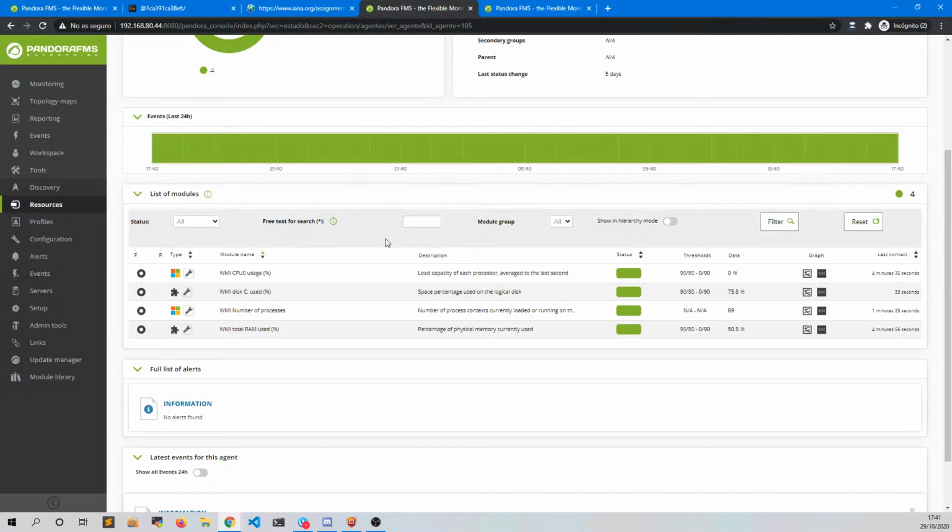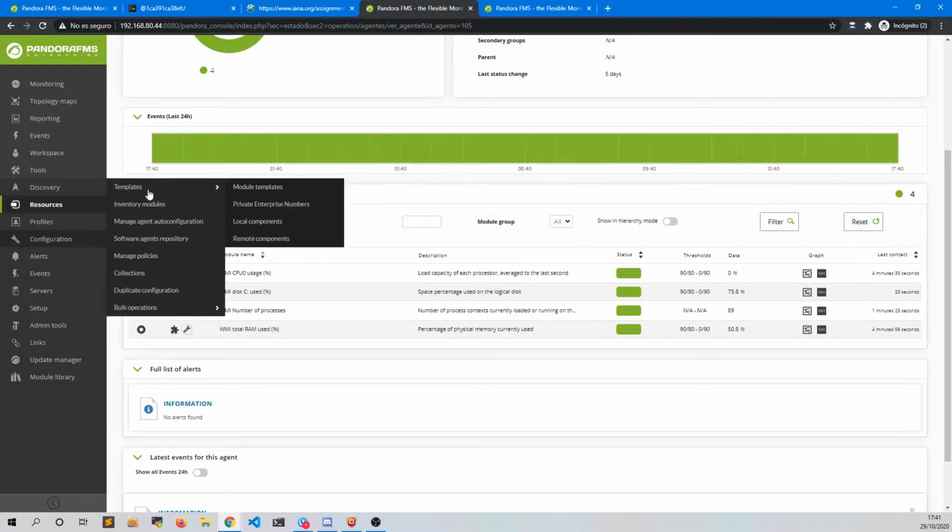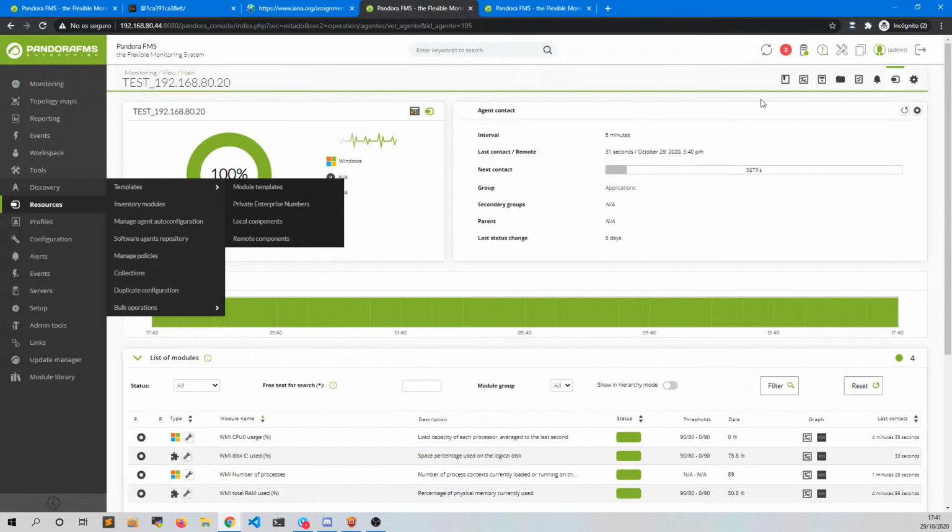So we see the option of create a private enterprise number and register, how to create remote components of Wizard network plugin type. We see how to use the wizards in agents, and then we are going to see how to use discovery tool to monitor remote agents